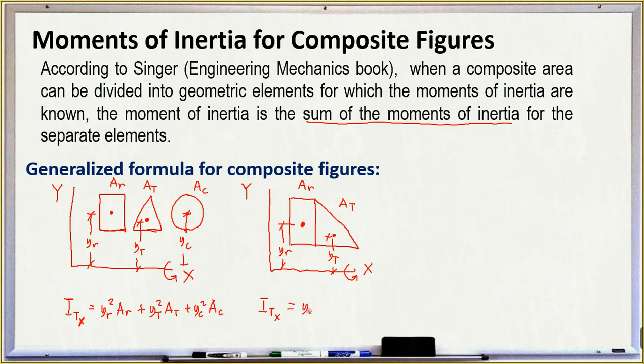So we have again yr, don't forget, squared, times the area of the rectangle, plus we have yt squared times the area of the triangle. Okay, same lang. Now, we have the third illustration. What if